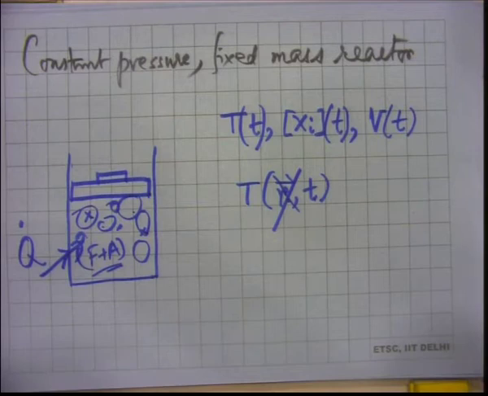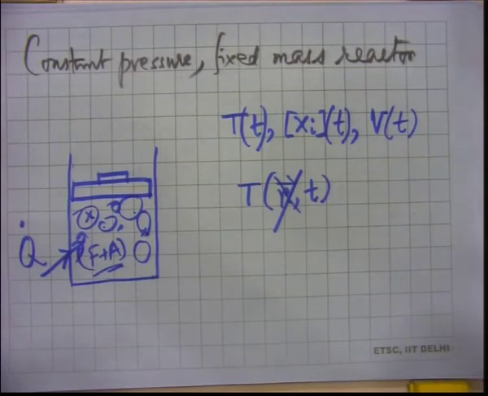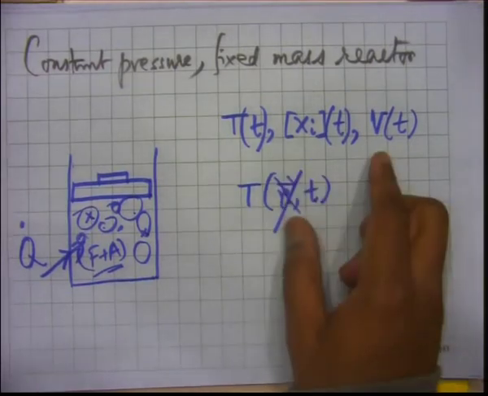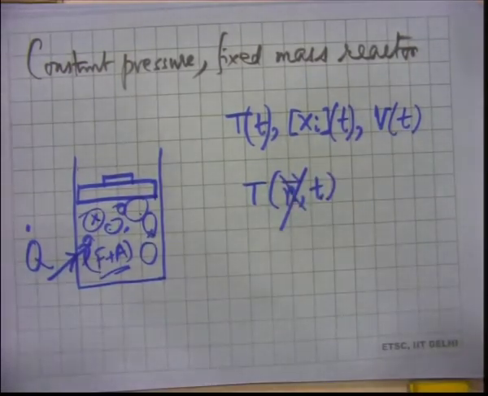Now let us look at this. We understand that it will be interesting for us to get all this, because if we get all this, then we will be able to say how this system is evolving as a function of time. This is temporal evolution of the system. With time, how things unfold, how things change. So it will be nice to get this, but let us see how many variables are these? 3?